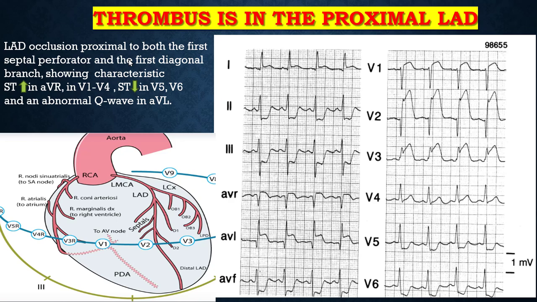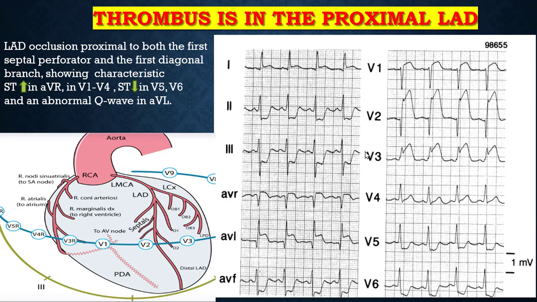LAD occlusion proximal to both the first septal perforator and the first diagonal branch shows characteristic ST elevation in AVR, in V1 to V4, and ST segment depression in V5, V6 and abnormal Q wave in AVL. If the obstruction is here, proximal to both the first septal artery and the first diagonal artery,